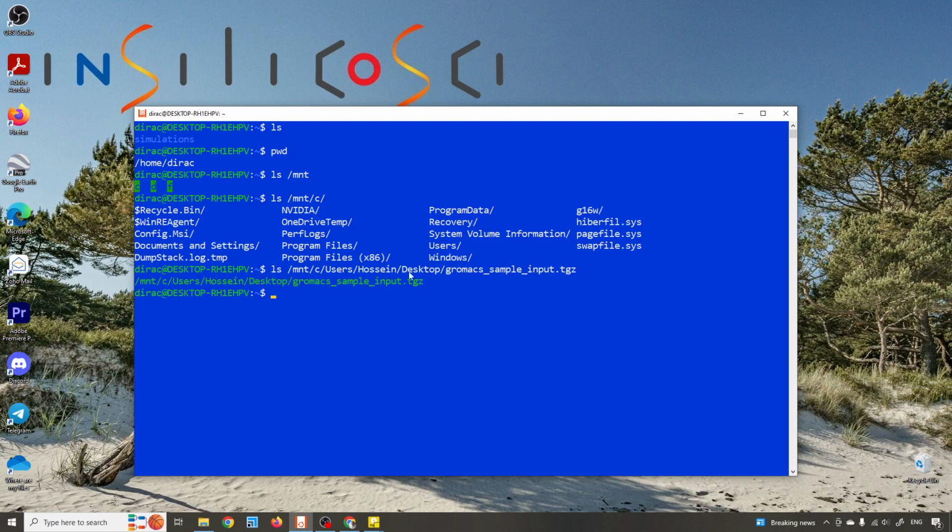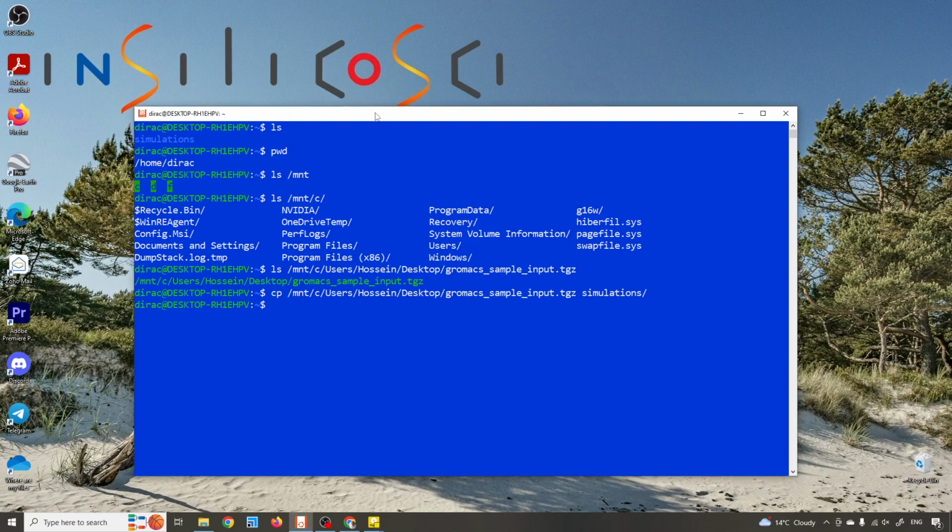The ls command just shows the file, but for copying the file I use the cp command. So let's change it to cp, and I want to copy it into the simulations folder.